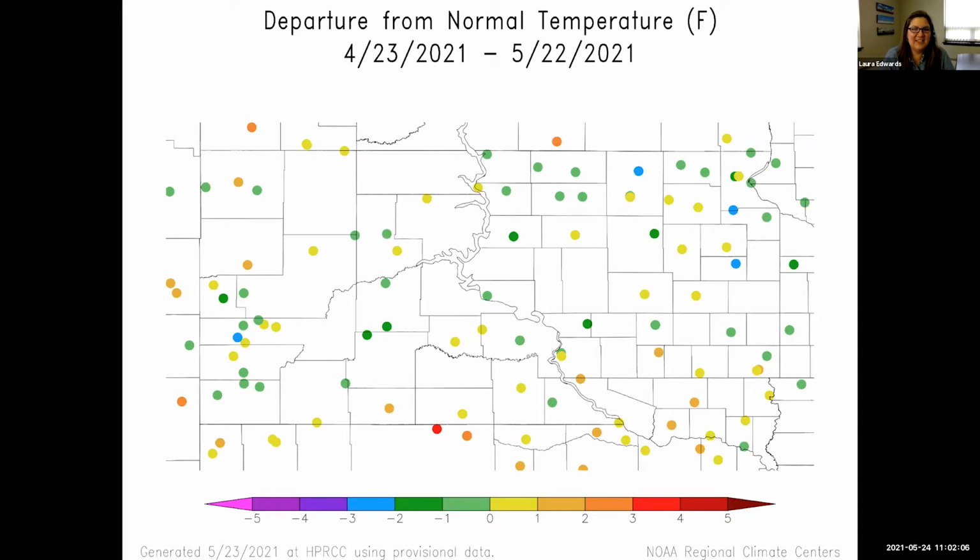So looking at the last month, last 30 days, this is the temperature side. I'll show precipitation in a bit. Departure, or how different we have been from average temperature for the last 30 days. More or less near average. Remember, we were really cool for a while and then we got really warm more recently. So we're kind of balancing it out. We're kind of in the middle for a lot of us. So that yellow, light green area is right near average, just above or below average. The oranges, slightly warmer. And we get into the darker greens and blues, slightly cooler just over the last 30